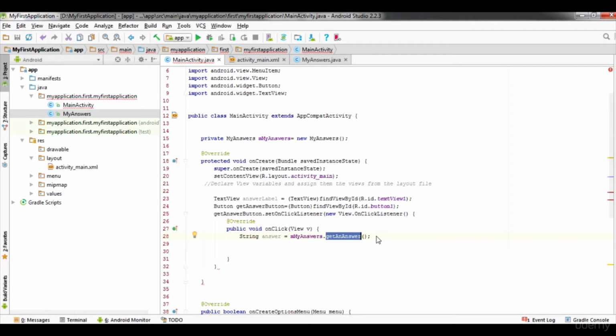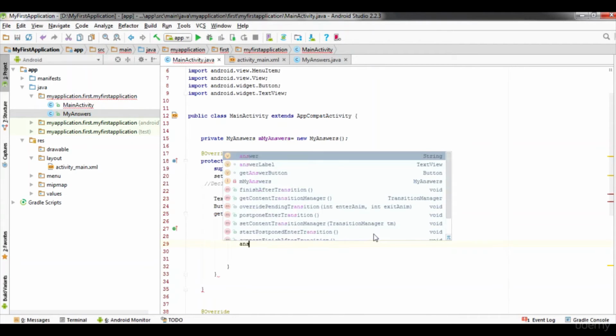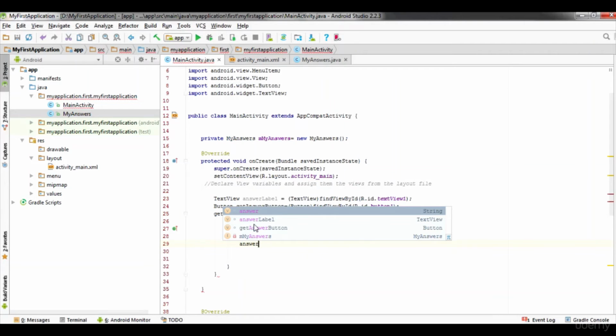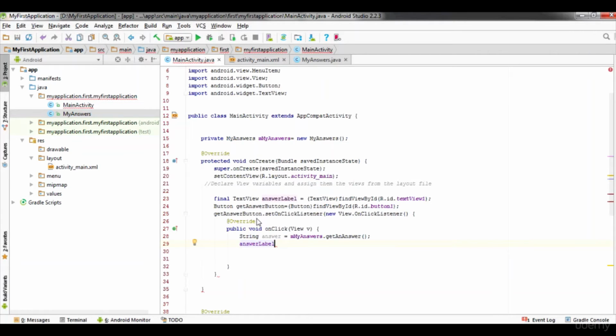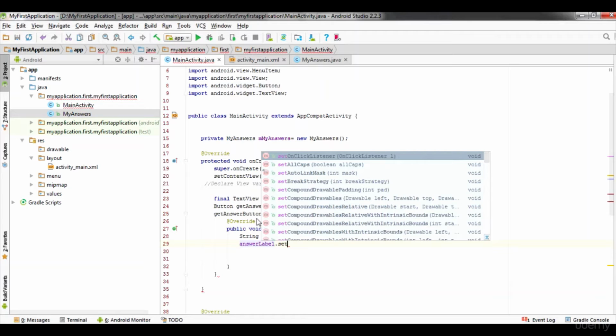Next line I'll go and set some text to the answer label. For that I have to write answer label dot set text.